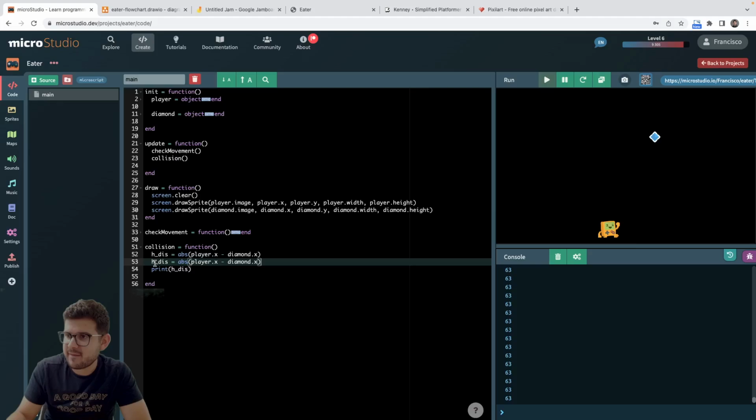I want the same now, but for the vertical distance. And player y and diamond y. Let's print both. Let's do, oh, but it's gonna be v